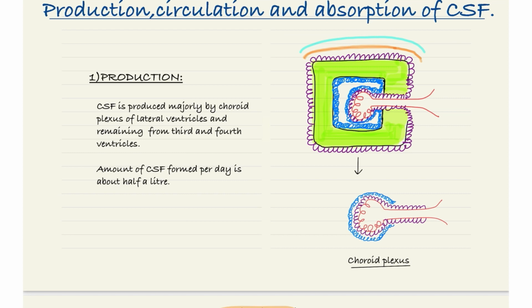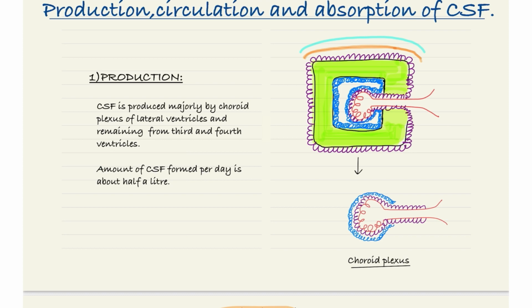If we see the cut section of the CNS, this highlighted part is the brain substance. There are three coverings on it: the pia mater, the arachnoid mater and the dura mater. Within the brain substance lies the ventricle, that is the cavity. This blue thing lining the cavity are the ependymal cells, and this is the choroidal artery, the tuft and the choroidal vein.